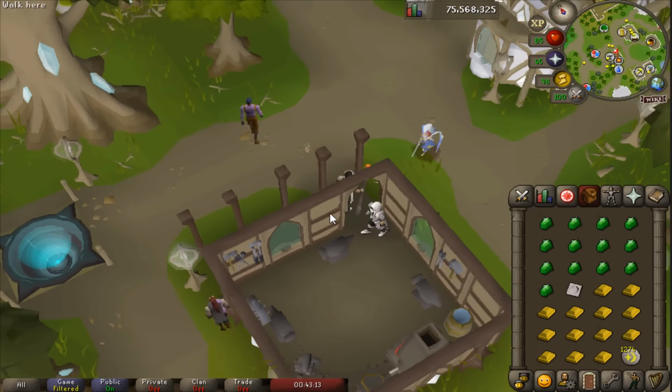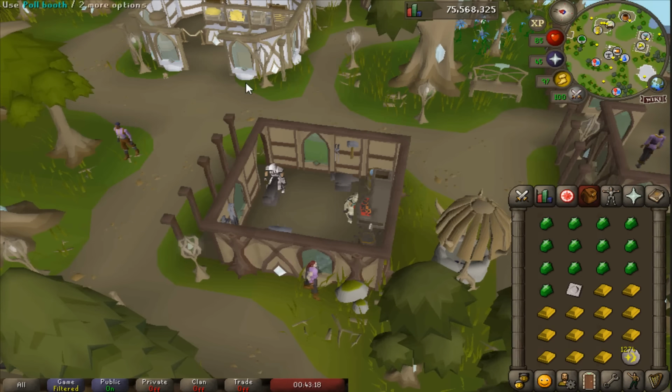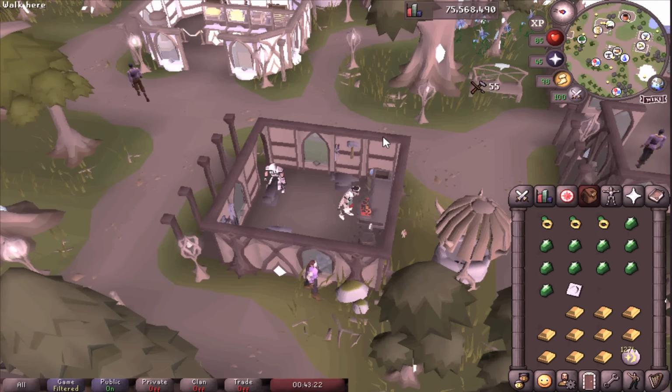Rumour on the street is that they made this furnace the closest furnace in the game. Or maybe it's the anvil, I don't know, but the Elven City, they're trying their best to make it as good as possible. It's a lot prettier than...